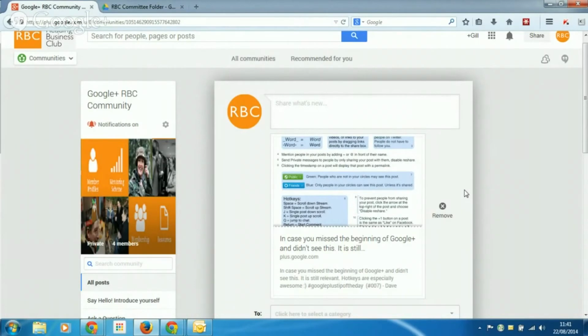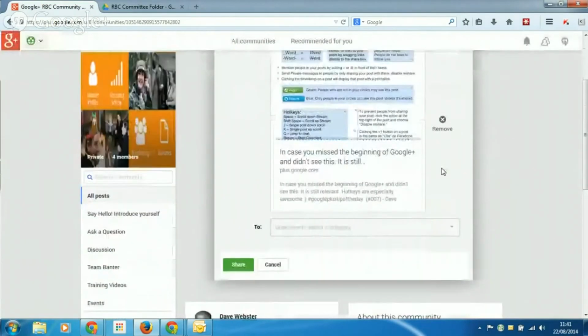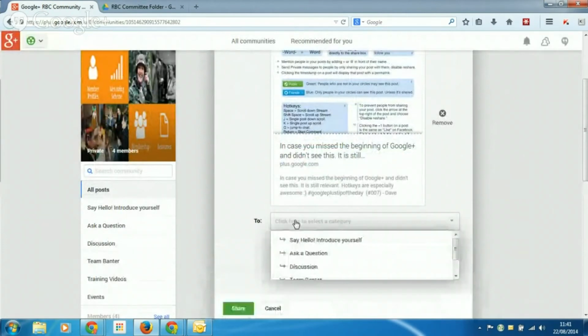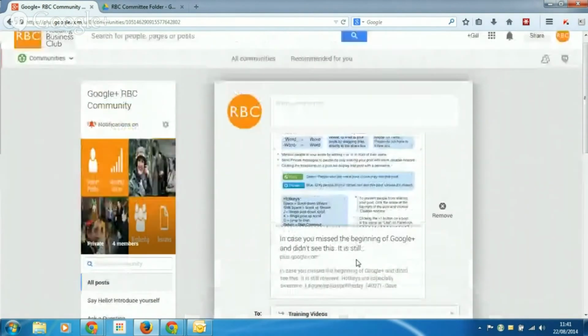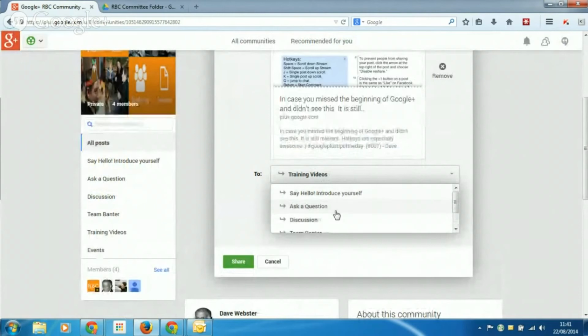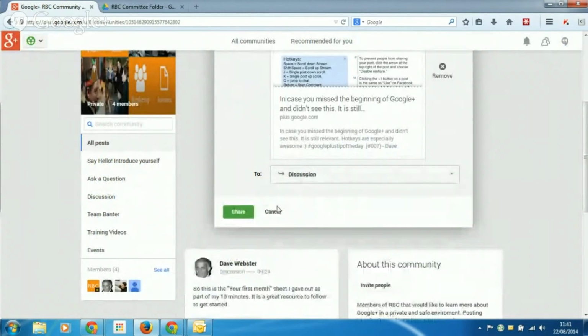So what I've done is I've posted it in, and this is a piece of information that shows you how to make your posts a little bit more professional. So this is the section down here. It's actually asking me, okay, I'm posting this to the community, but what section or category do you want it to go to? As this is a video, I'm going to put training. Sorry, it's not a video. We're making a video of me doing it, but this is perhaps a discussion,